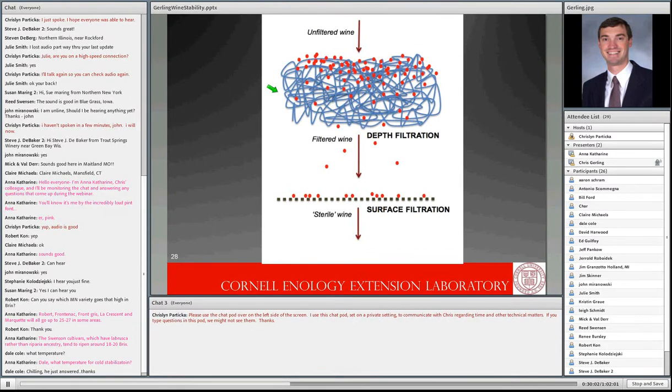It's an average because it's using the depth, and it's using the path, and it's using the charge of the media to remove most all of these molecules, or whatever they are that you're trying to remove, sediments and such. And the advantage to this is surface area, right? You can see all the surface area. It allows for greater throughput, and so you can get lots of gallons of wine through this media